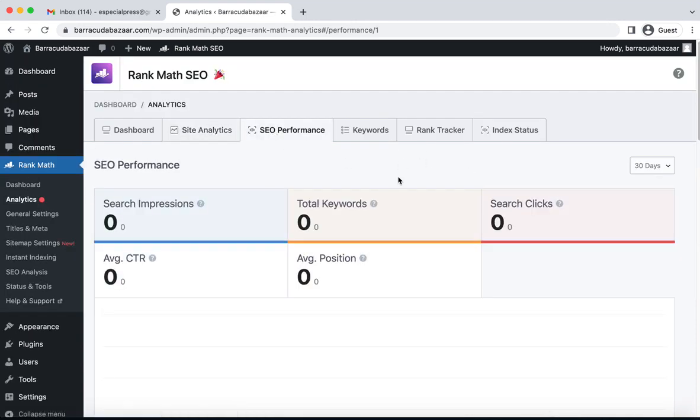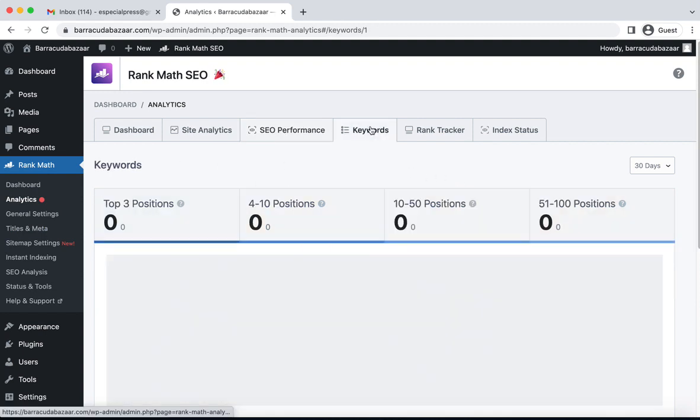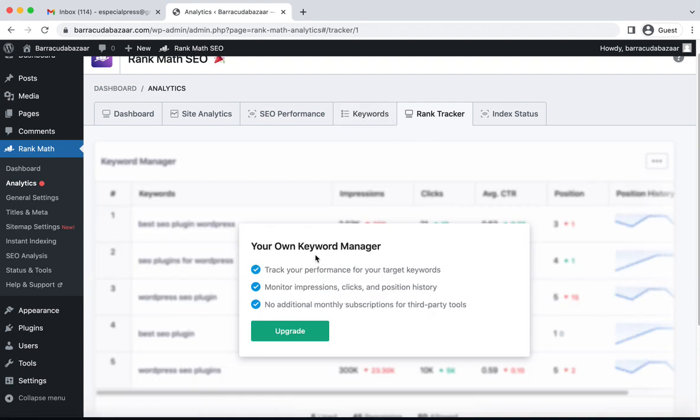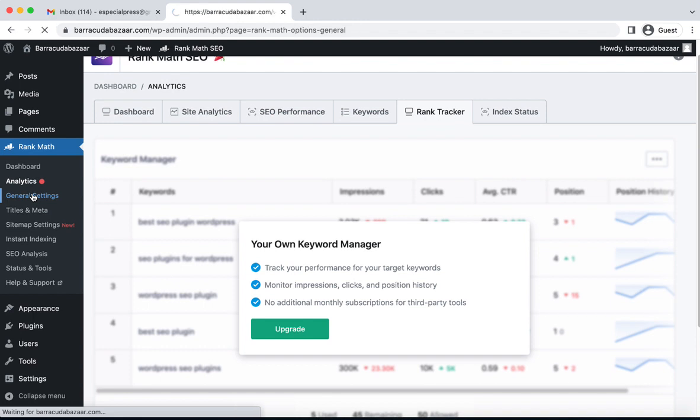And SEO performance: you can find your overall SEO performance from these sections. And you can check your top three keywords from here. You can see the 4 to 10 positions from here, and the rest of the other things. So this rank tracker option is for Rank Math Pro users. And then in general settings,